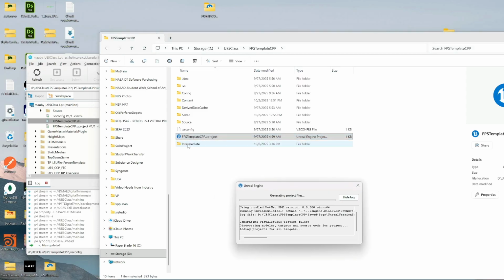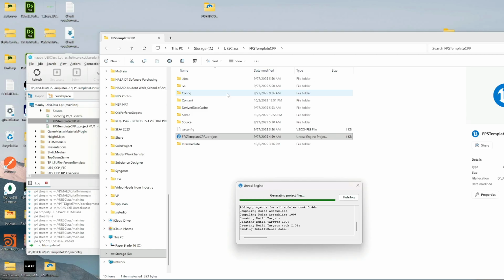So you'll notice it spins up an intermediate folder, and as soon as we compile the binaries, it's going to generate the binaries folder again. And we can't run the game until we check out that binaries folder. So we're just going to let it load up here. I'm going to wait for it, and it's going to build a new solution file for us, which will be